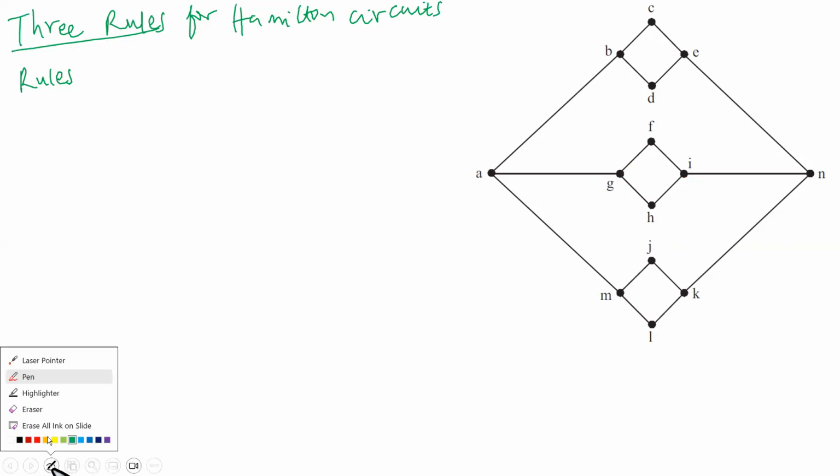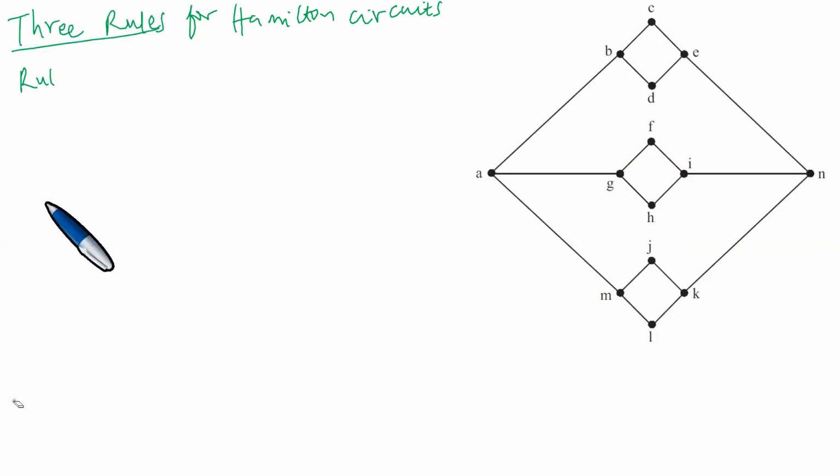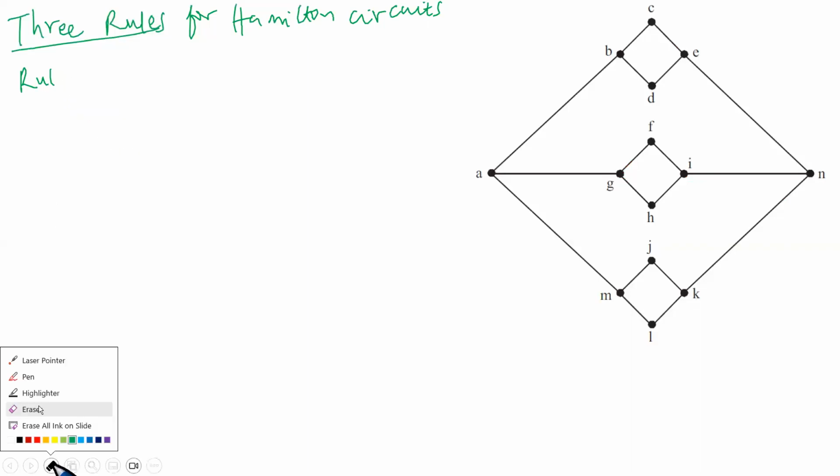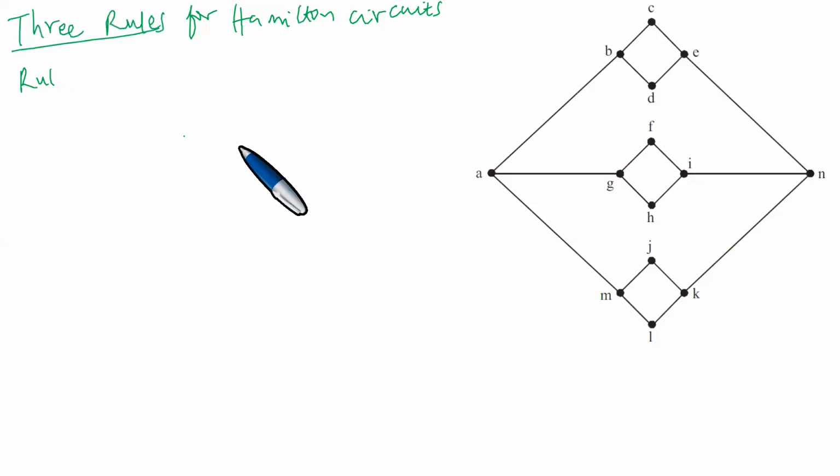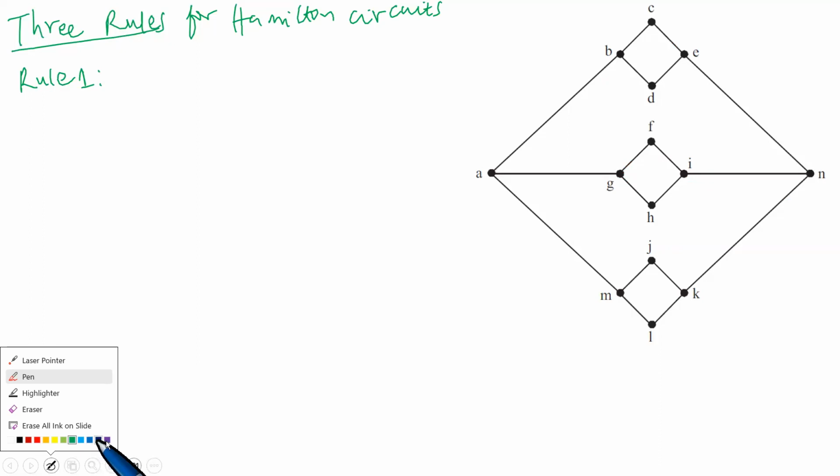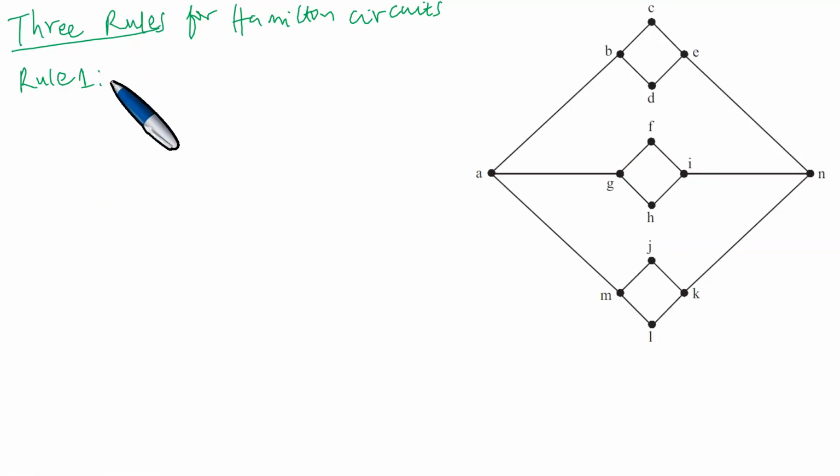I just want to state them so that you can have all the rules in full, and then we're going to move on to the other things. Because these Hamilton seconds are very important, but they're a little bit tricky sometimes, so you need to have the rules at one's disposal. So let's state the rules. What does rule 1 say? It says that if a vertex X has degree 2,